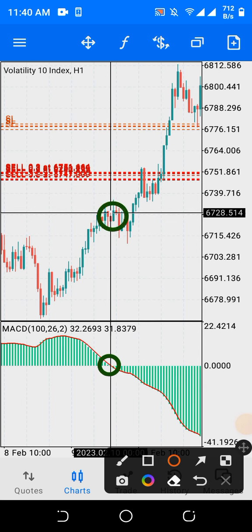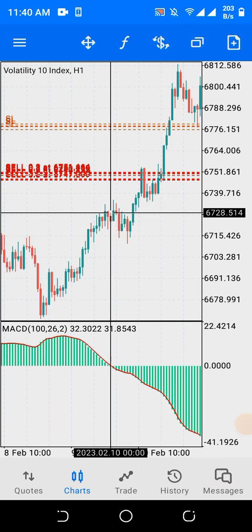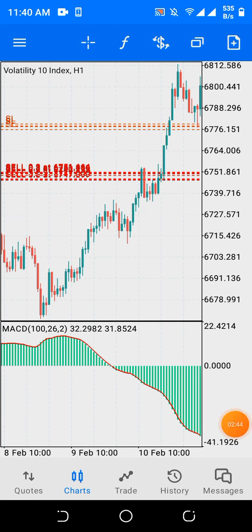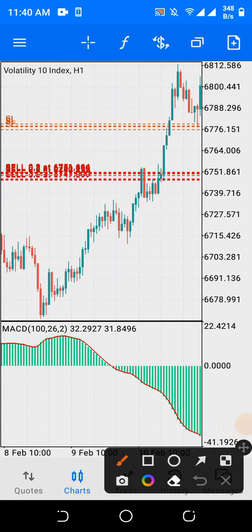But look at this little retracement here. For those trading with a small account, this could be a challenge. So with the concept of convergence and divergence, this will be taken care of. Look at the movement of the MACD indicator. The MACD indicator moves from up downwards. As you can see, the movement is from up downward.